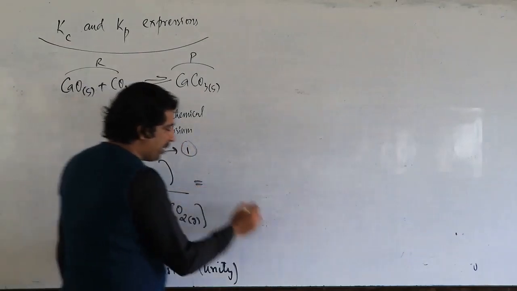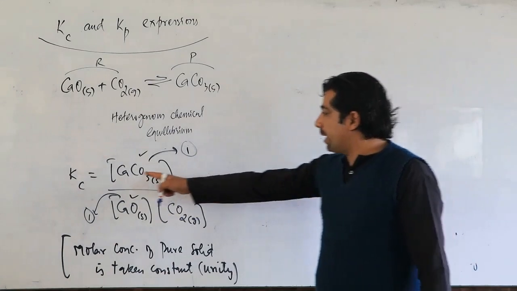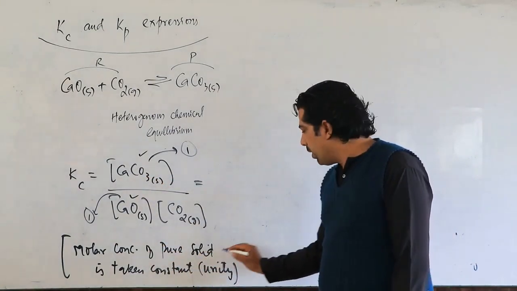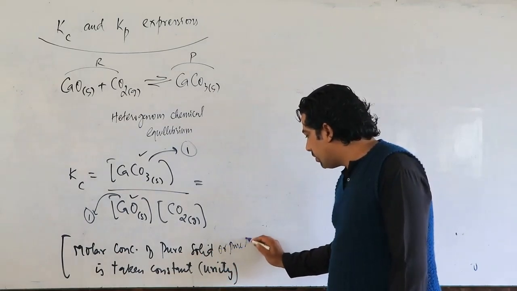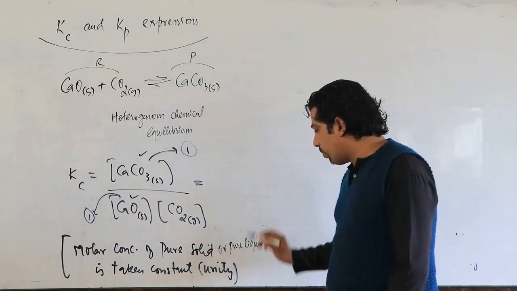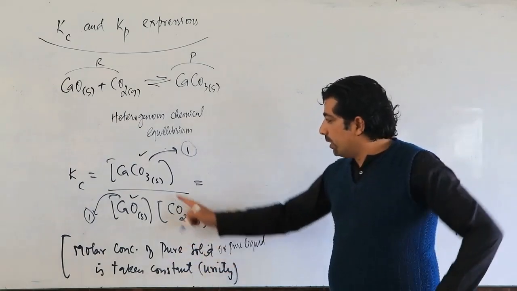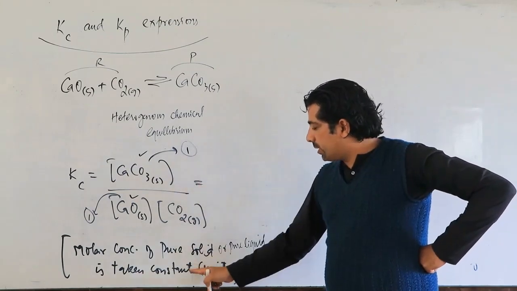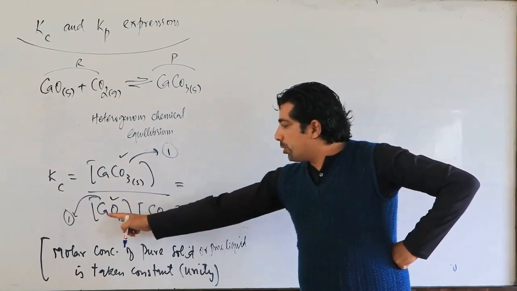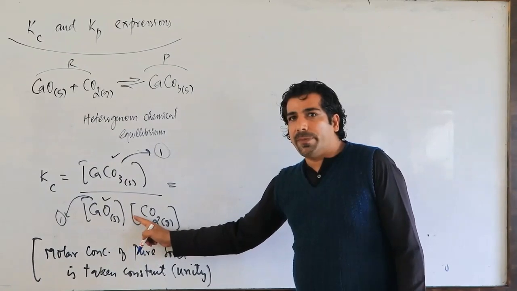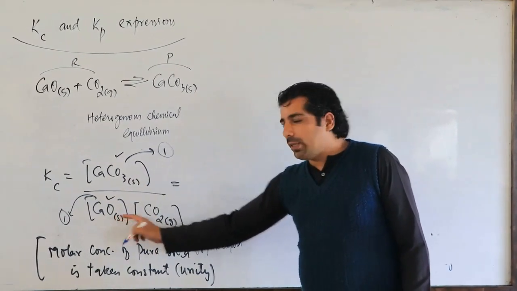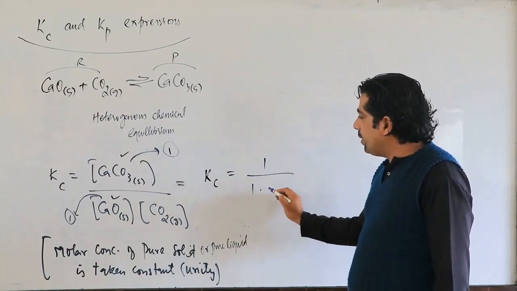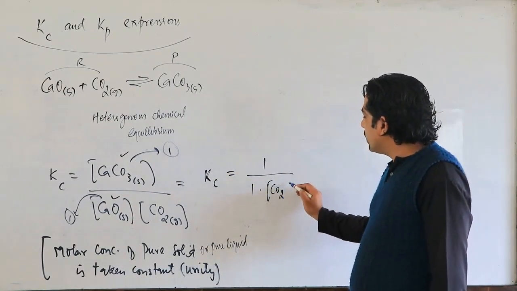So what is my expression here, my dear friends? This calcium carbonate is a solid. So molar concentration of pure solid, okay? Or you can also write pure liquid. But here we don't have a liquid, so don't worry. Focus on pure solid. So molar concentration of calcium carbonate, which is solid, will be taken as 1. So it's constant, taken as unity. And molar concentration of calcium oxide will also be taken as unity. So this is 1 and this will also become 1. So the overall thing will be Kc is equal to 1 upon 1 into CO2 gaseous.